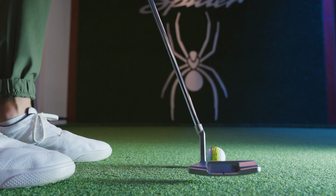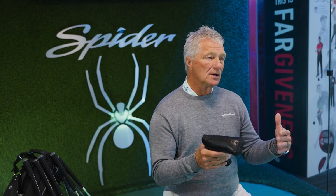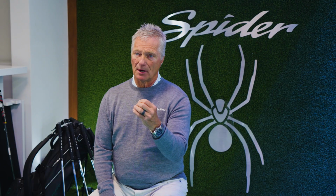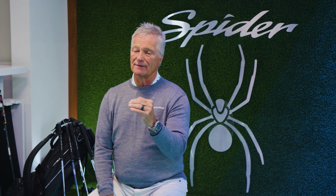We've made blades in the past. It was under the TP umbrella, and under that TP umbrella, they were just cast. They were done for a price point. We sell those for around $200 today. It's a great price point, a great product for that particular price point, but when you start to look at it, the tour players are used to machined parts. So as we wanted to start looking at this Reserve line, it was all about machining and doing everything that we don't do on the TP line,